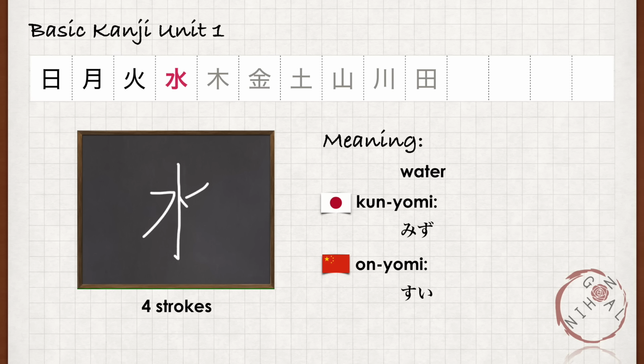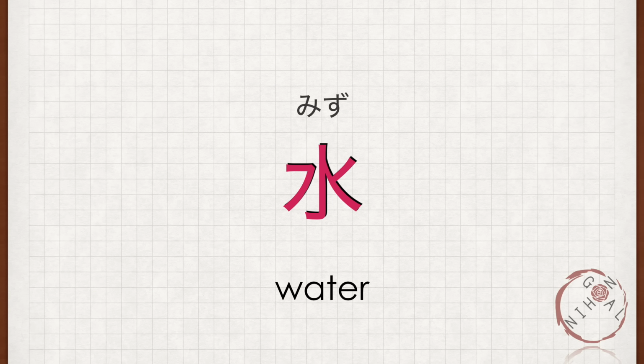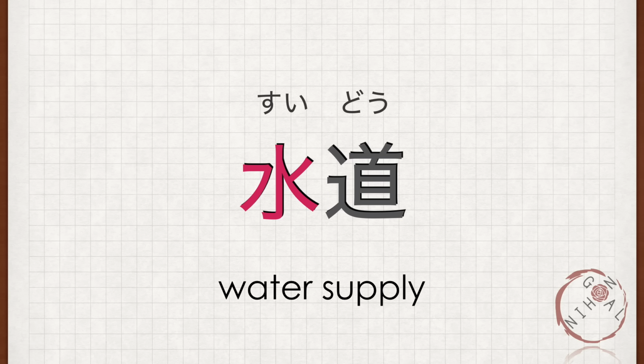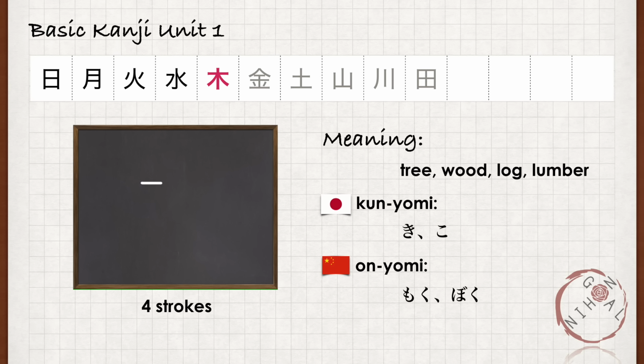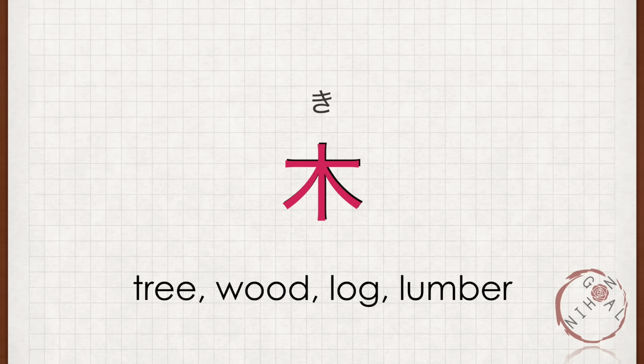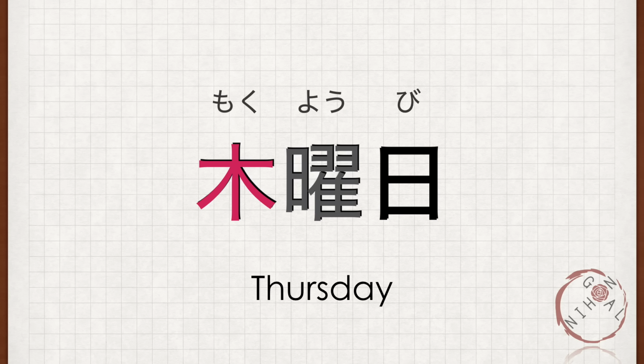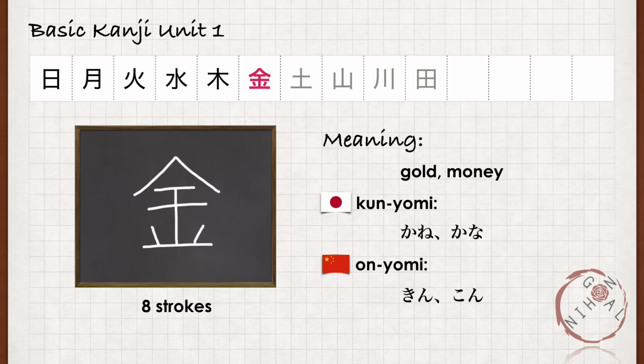This kanji means water. 訓読み、水。音読み、水。水道。This kanji means tree, wood, log, lumber. 訓読み、木、こ。音読み、木。木曜日。